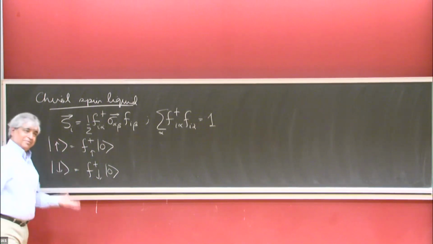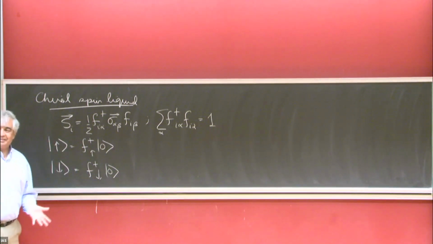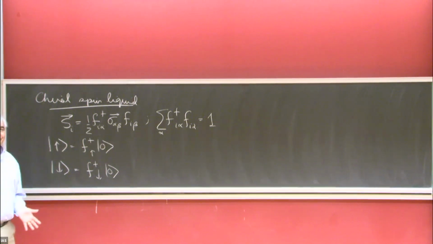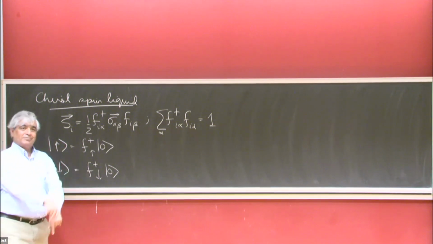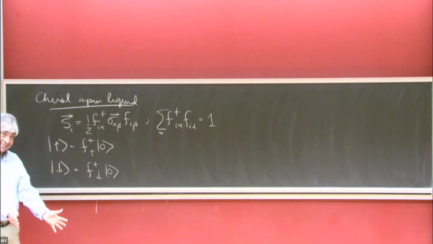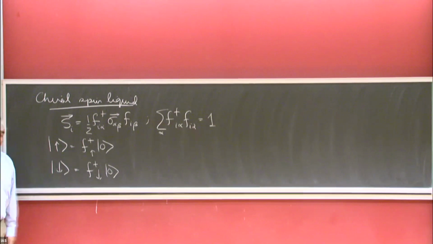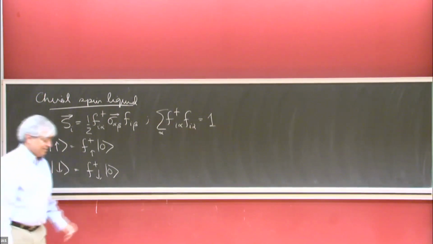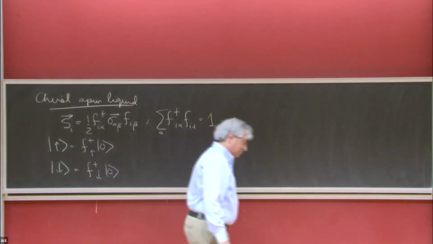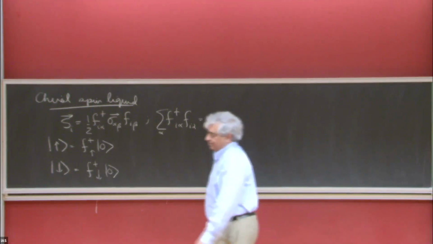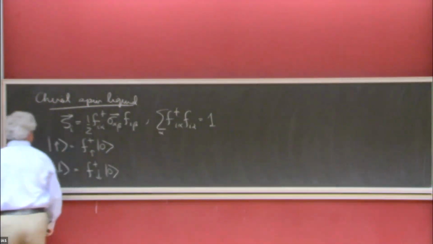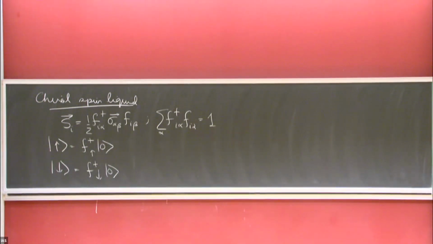And why are we using fermions? Well, the reason is fermions can have a non-trivial band topology. Bosons, well, they could have non-trivial band topology, but what they will do is go to the lowest energy state and condense in it. So you won't really be sensitive to the band topology in the ground state. So that's why bosons are not very good. Fermions, however, will feel the bands even in the ground state. Okay, so